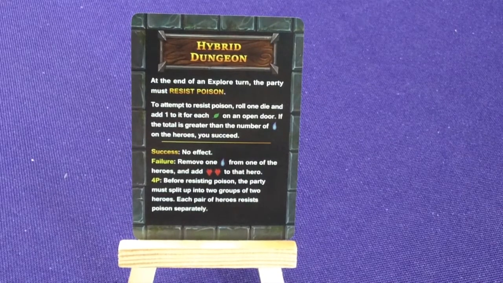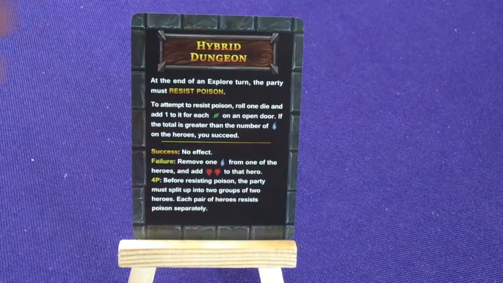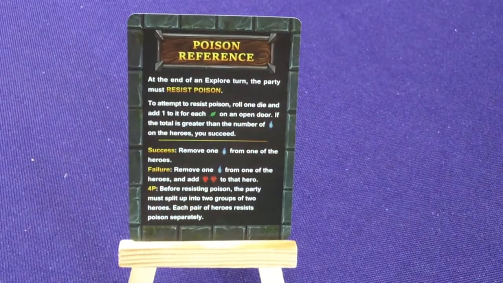Before resisting poison, the party must split into 2 groups. Yeah, so that's kind of interesting. So if you're playing a 4-player game, you can't do anything. You just don't take damage. But if you're playing this side, a 1 to 2 player game,